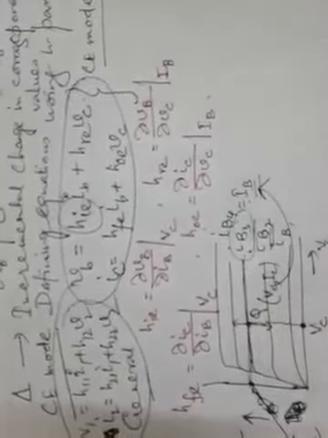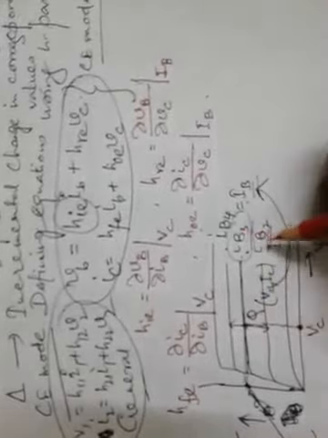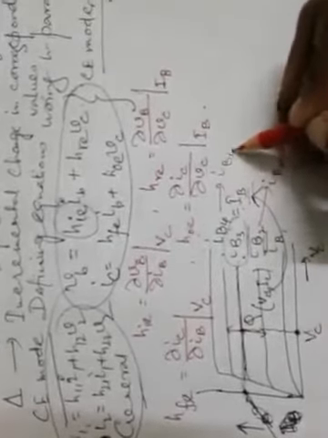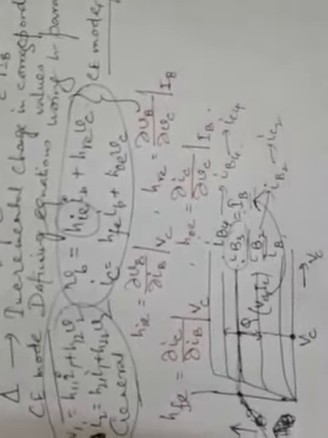In the corresponding case, suppose this gives us the value of base current IB2, and this gives us the value of base current IB4. If we know the value of beta for this transistor, from these two values we can get the corresponding IC values also. So this IB4 will give IC4, and this will give IC2, the corresponding collector currents.